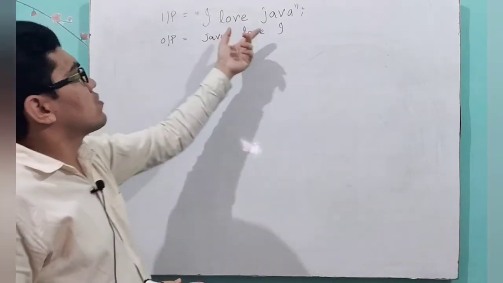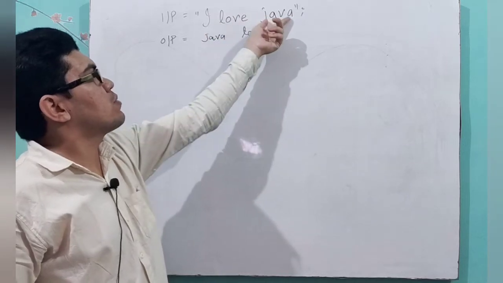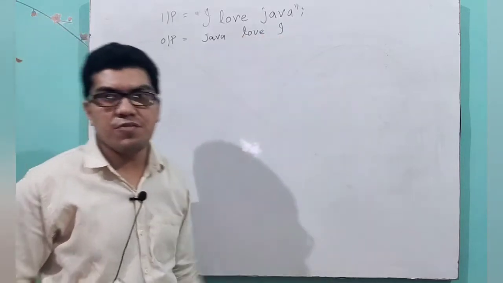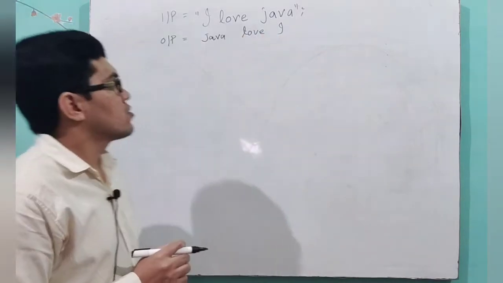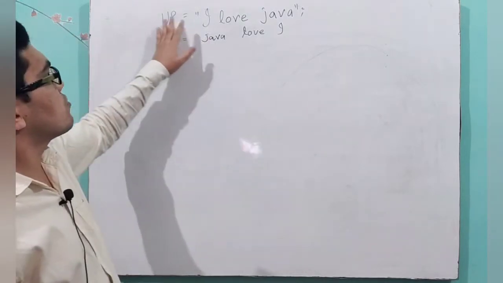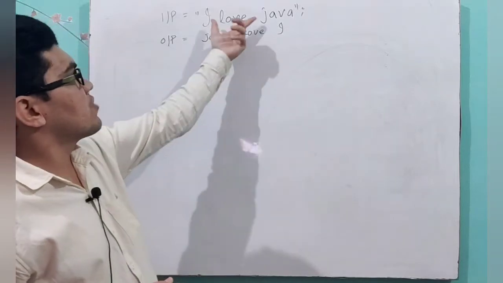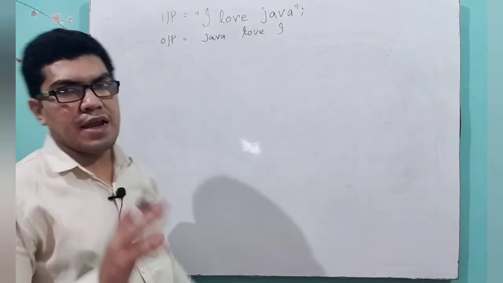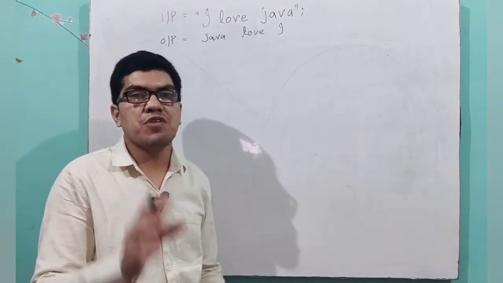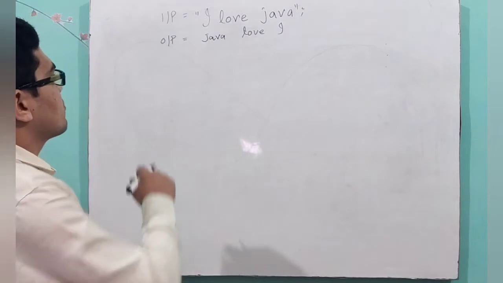Okay students, what is happening here? The last word will be printed first, then the second last word, and like this we have to print all the words. So in this program, first we have to take an input from the user, then we have to split it, and just print the array after splitting in reverse order. See how we will do it.